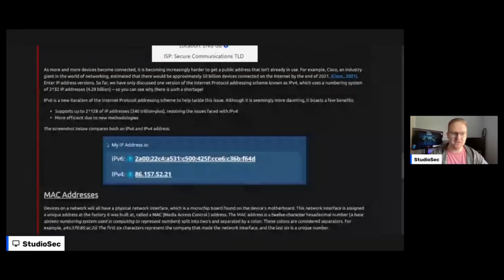So let me quickly pull up a tab on how many zeros undecillion is. Undecillion has 36 zeros. So that's a lot of IP addresses, right? It gives you, as you can imagine, much wider flexibility on devices that you can put onto the internet.